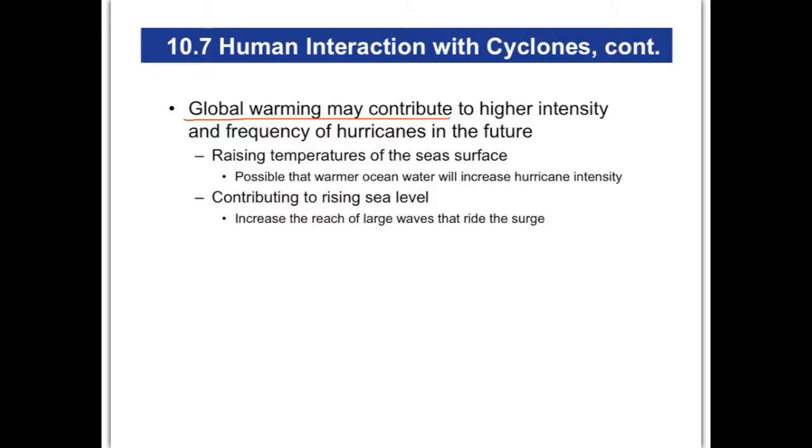So we think that global warming could even contribute to a greater intensity and frequency of hurricanes in the future, all because of what we're doing to contribute to global warming. Not only that, but it also contributes to rising sea level. If the ice caps are melting, that water's got to go somewhere, and so the sea level would rise. But global warming is definitely, we believe, a contributor to the frequency of cyclones and hurricanes.